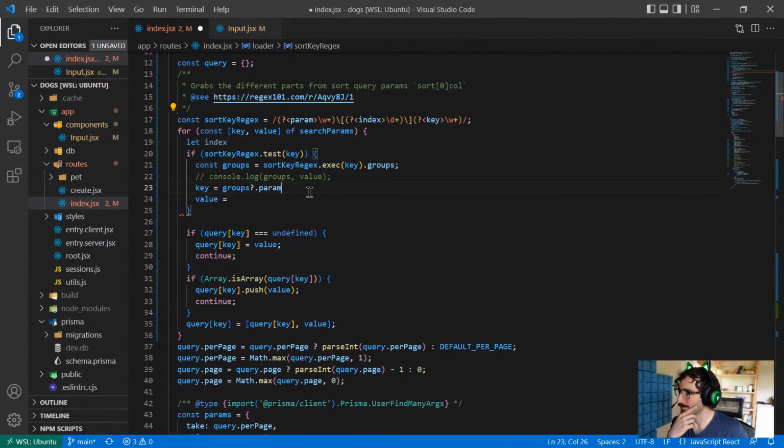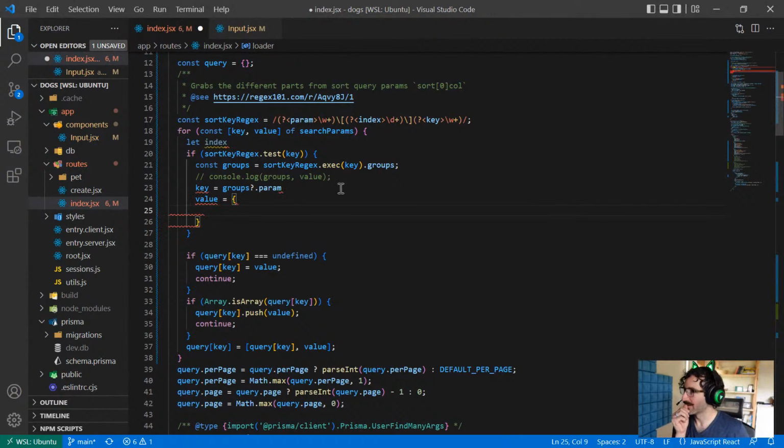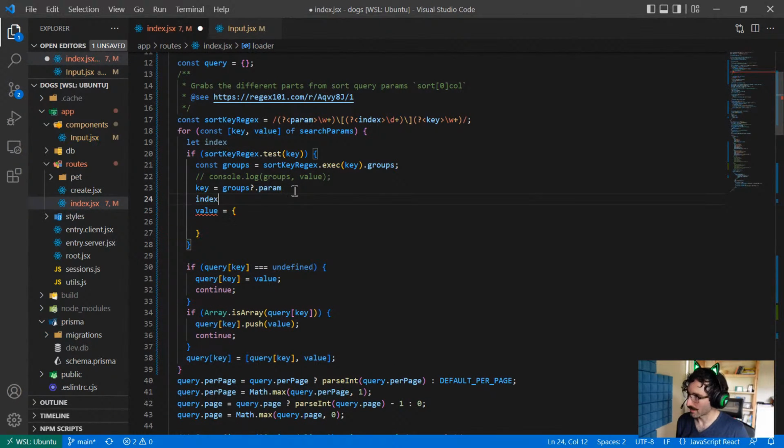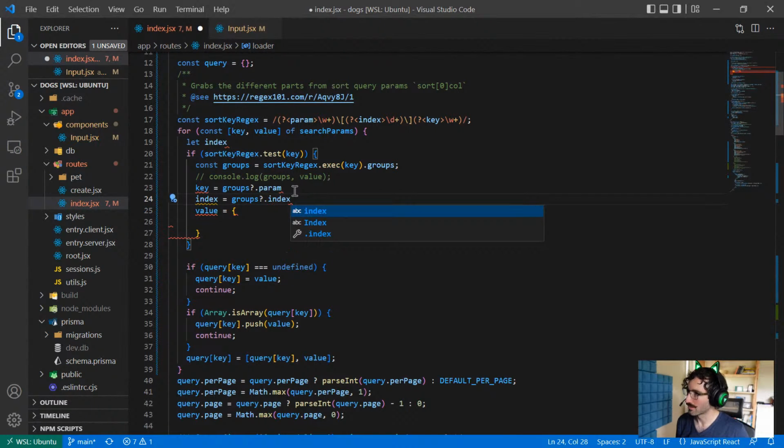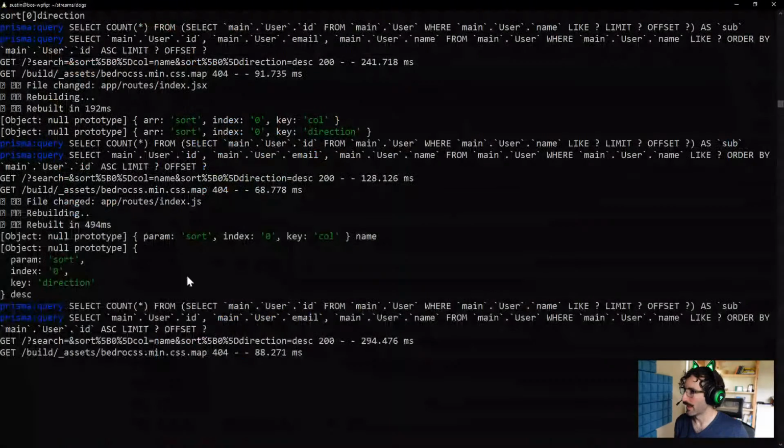That sounds like a bad name too. And then I need value to be reset to an object. I need index to be set. Index equals groups at index. And then I need the value